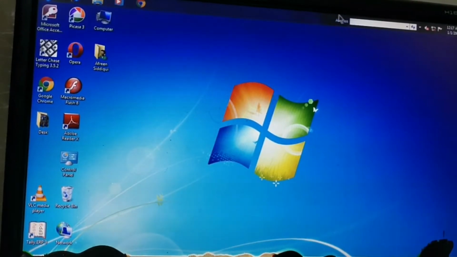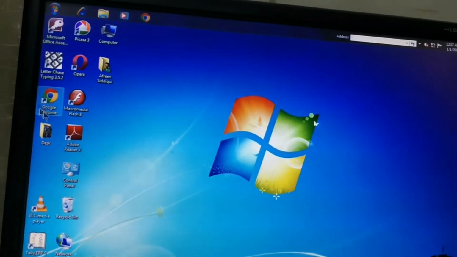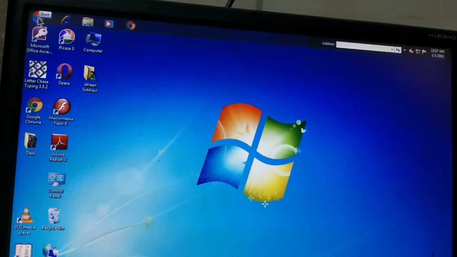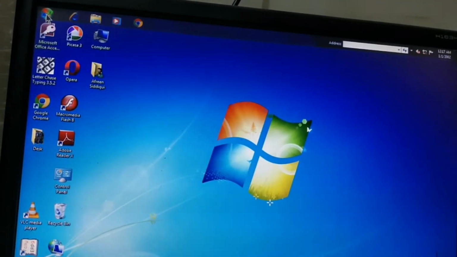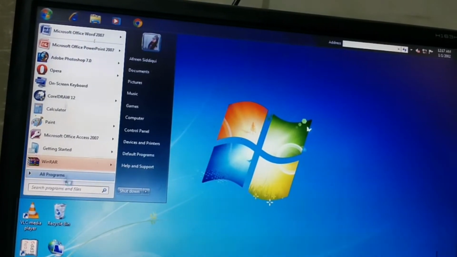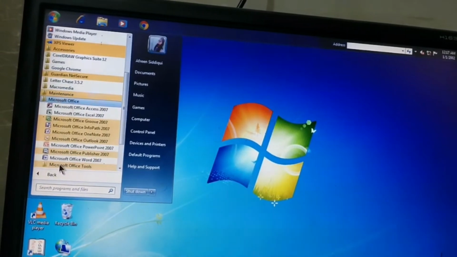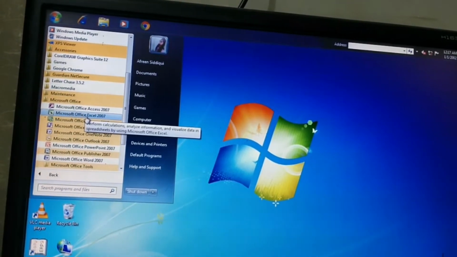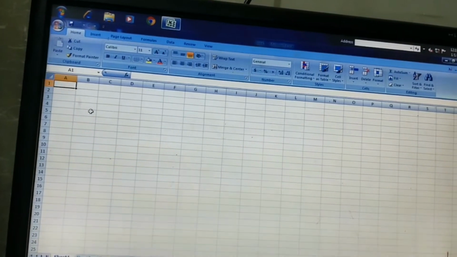Well, to work in Excel, firstly we need to open Microsoft Excel. There are several methods of opening Microsoft Excel. Method number one is to click on the start button. Well, in my system, I have placed my taskbar at the top of the window. Click here. Now go to all programs, and after this select Microsoft Office, and then select Microsoft Office Excel. So this is method number one by which you can open Microsoft Excel.